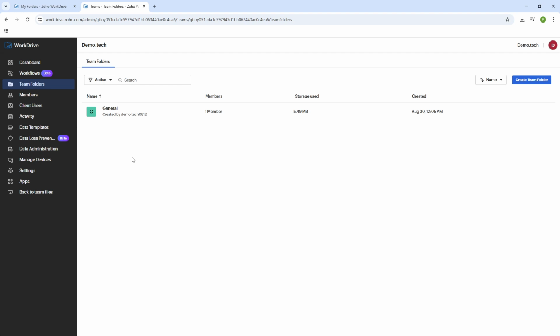Remember, keeping a close eye on your storage not only helps in maintaining an organized workspace, but also ensures that your team can continue to function efficiently without any storage hiccups. By regularly checking your storage usage, you can make informed decisions about whether you need to upgrade your storage plan or simply redistribute existing resources more effectively. And that's it. By following these steps, you can easily monitor and manage your Zoho WorkDrive storage, helping your team